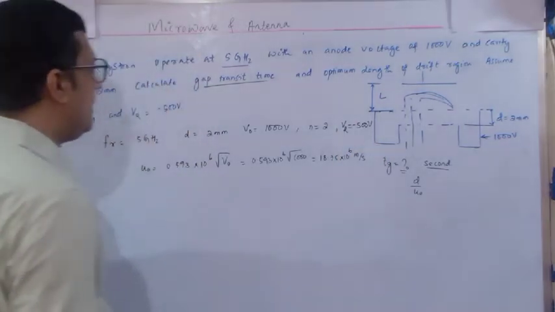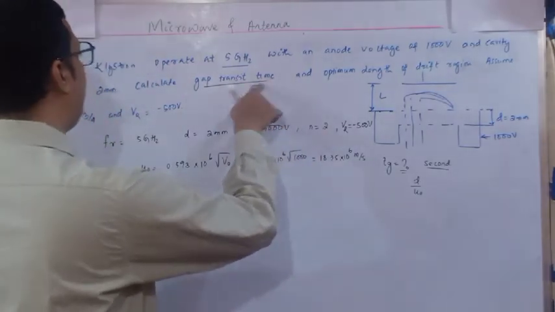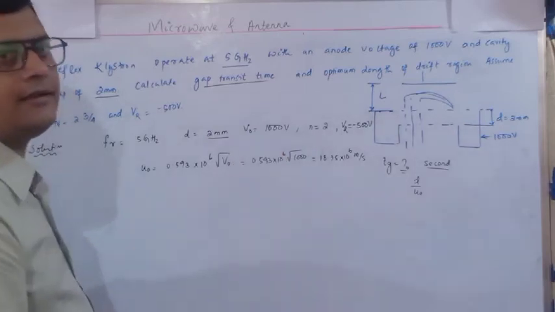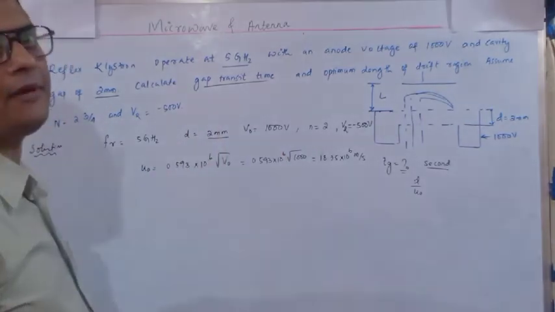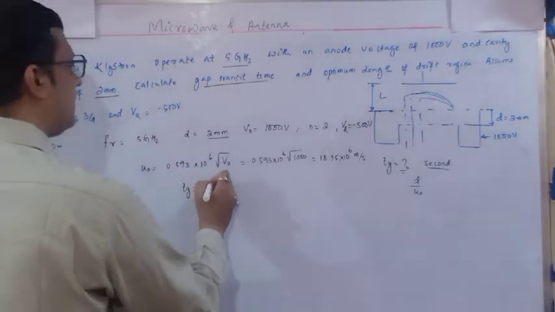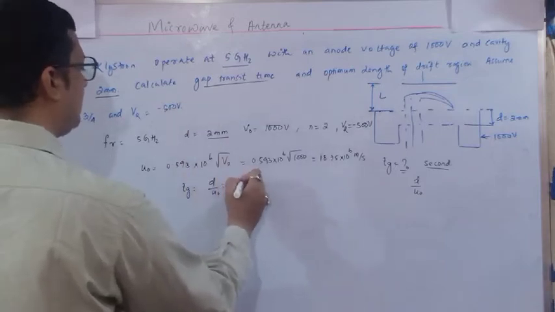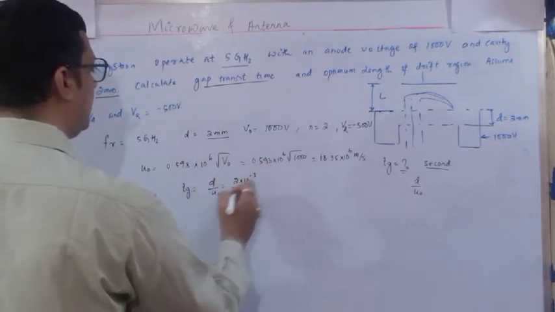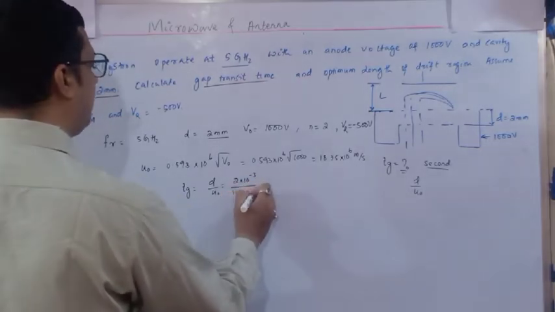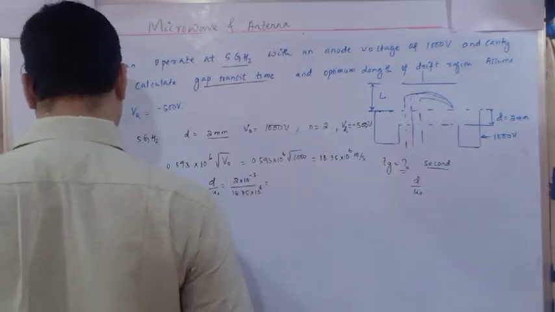Done. Now once this velocity is known, distance is given, that is the gap. How much gap? Gap is 2 millimeter is given. Just you need to divide it to identify the gap time period, transit gap period. So Tg is equal to d divided by velocity. D is how much? 2 millimeter. So 2 into 10 to the power minus 3. And what is the velocity? Velocity is 18.75 into 10 to the power 6. So if you solve this, your Tg will become